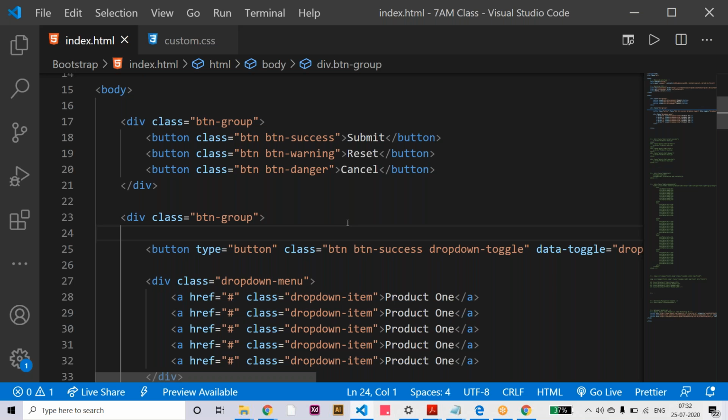For example drop downs or tabs or form inputs, modal boxes and popovers, all of these have a set of classes that we just apply. That's why I told you right at the start that in Bootstrap there is no other technology, no need to learn any other technology. We just apply Bootstrap to our page. You know how to apply it and how to customize it. We need to find out the relevant classes and just apply them. That is the only thing in Bootstrap.